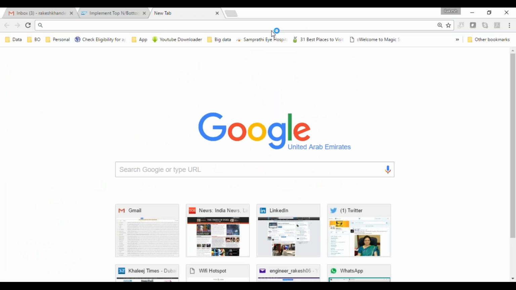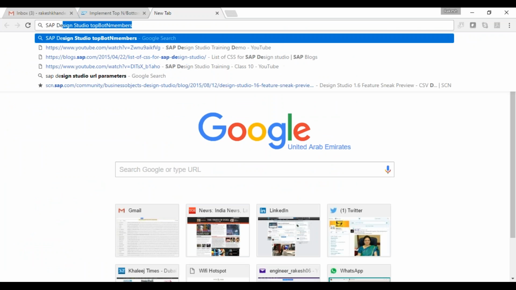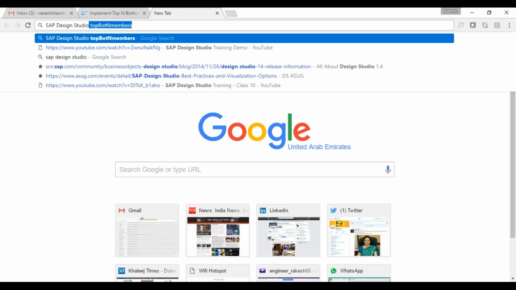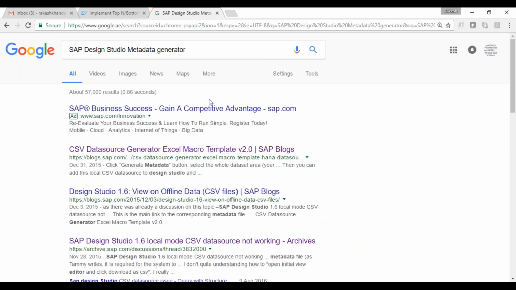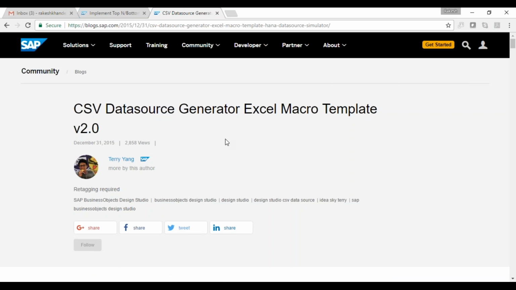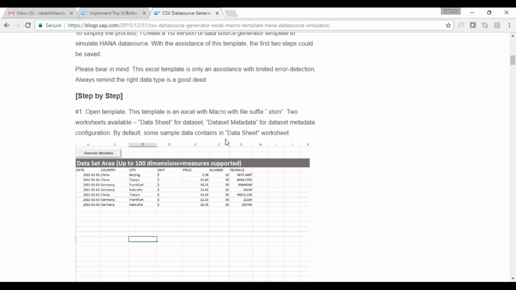which will generate the metadata for you. There is a blog for that on Design Studio, so you can refer to this blog.